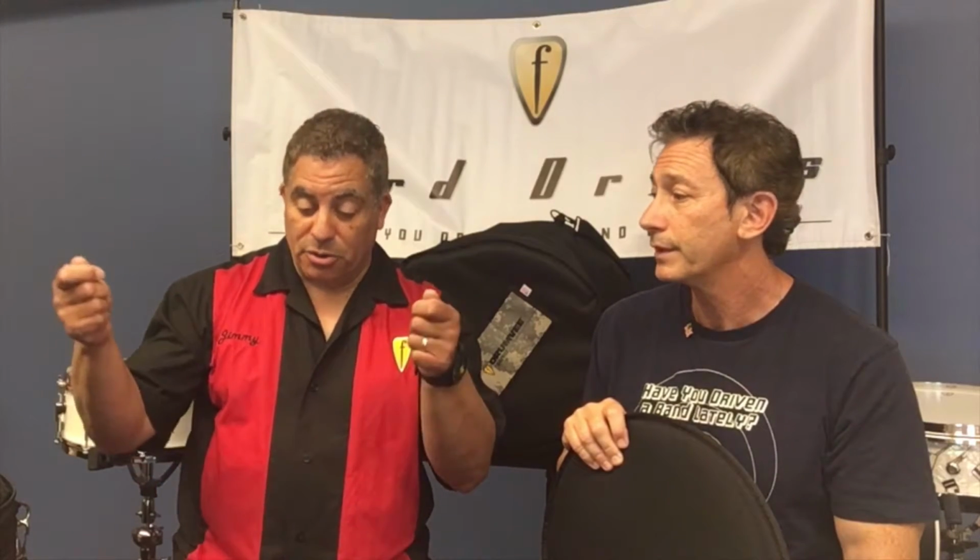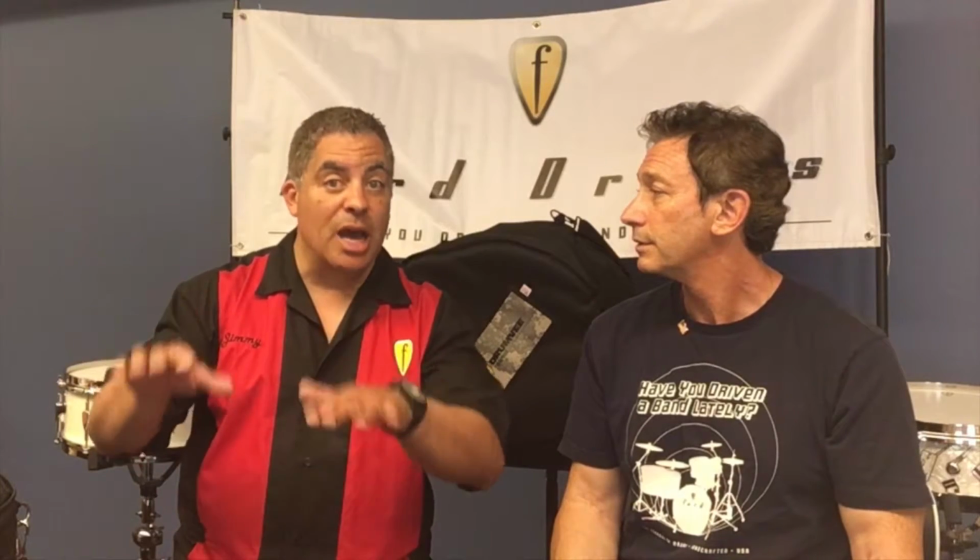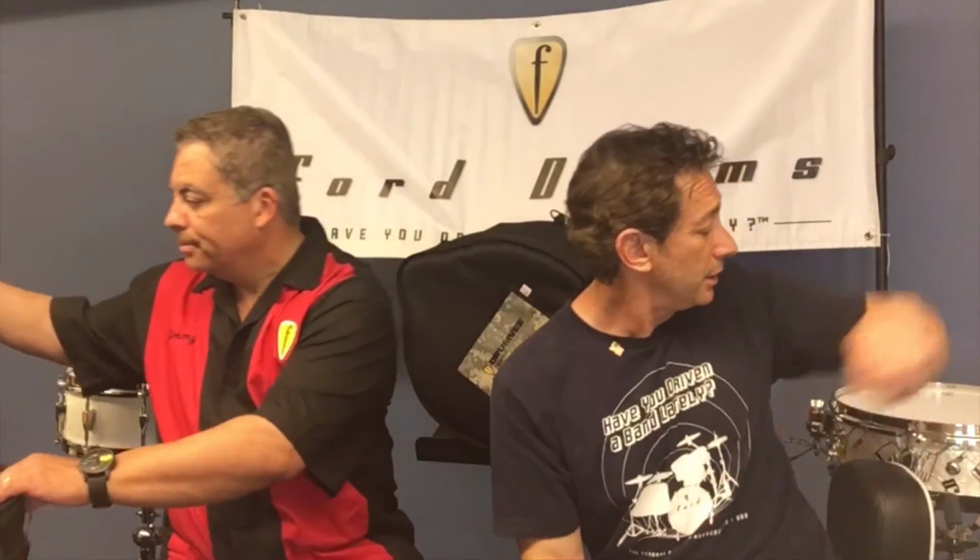Protects them. If you want to stack different drums in a case, use it as a combo case. Jimmy does this all the time. Yeah, I have a combo case that I use. I typically use a 5.5 or a 5x14-inch snare drum, and that snare drum goes first inside the case, and then I place the insert on top of the snare drum, and then I put my 8x12 or maybe a 9x12 tom on top of that, zip it up, and you're ready to go. So it works as a divider, which is really, really handy. So I'll hand that to you, and I'll